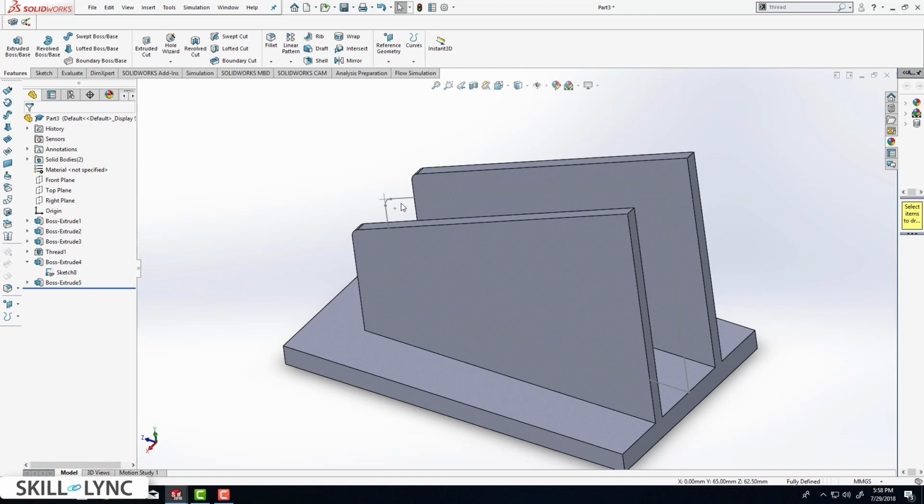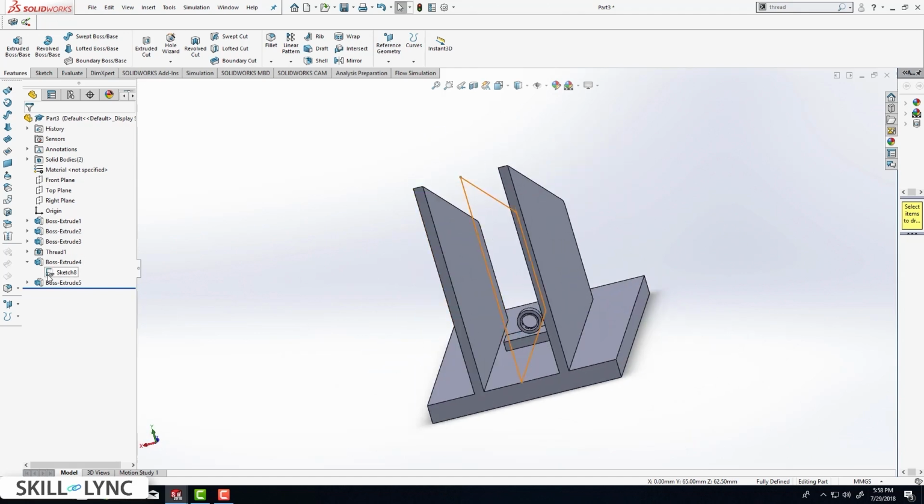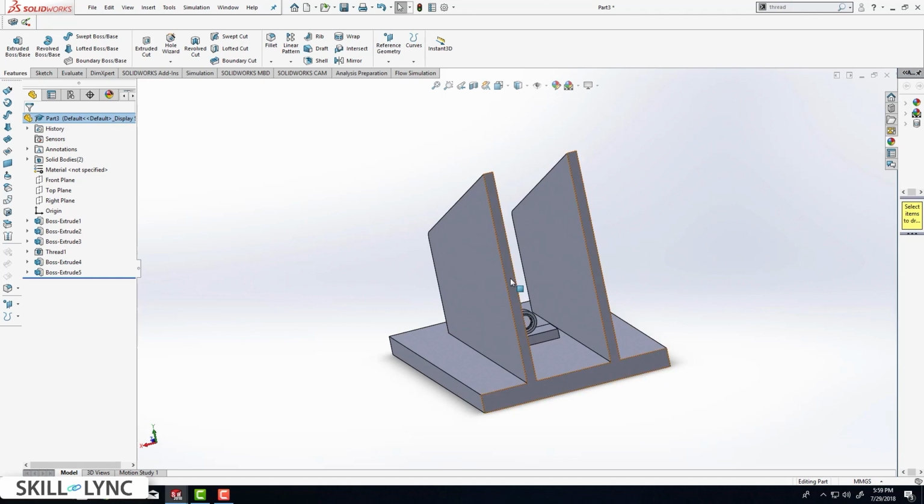So this is very, very handy. If you had created 2 sketches, you would have to do this process 2 times, but since we did it only once, we save a lot of time. So let's hide this sketch for now. Next we are going to be creating a jaw, which is going to be resting on this particular face. So click on this face and click on sketch,